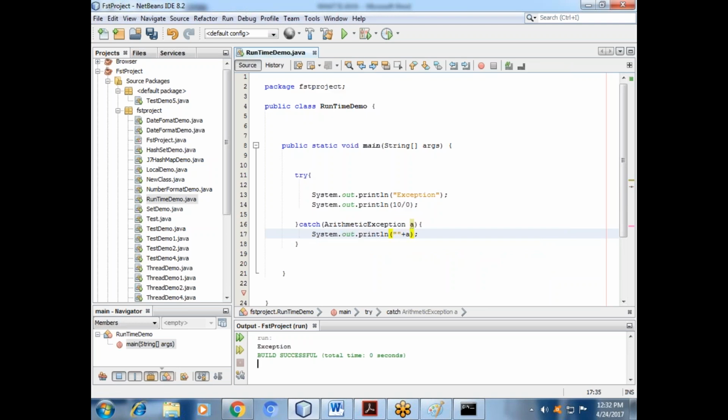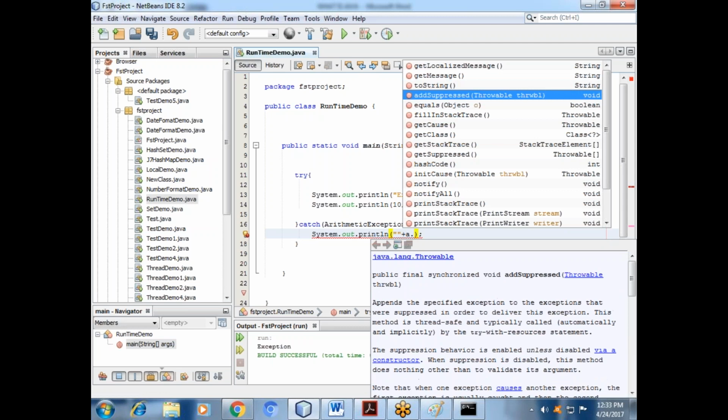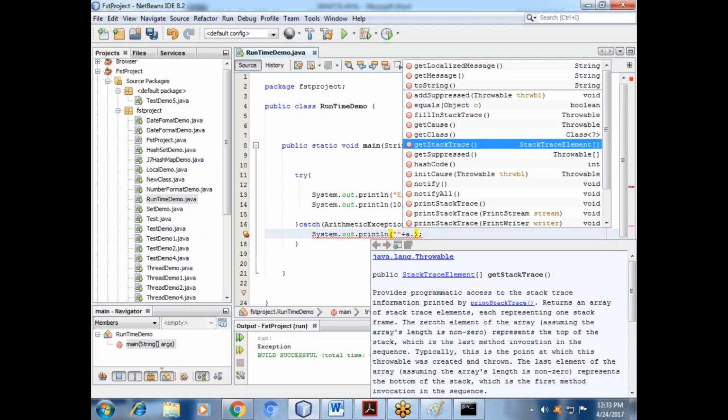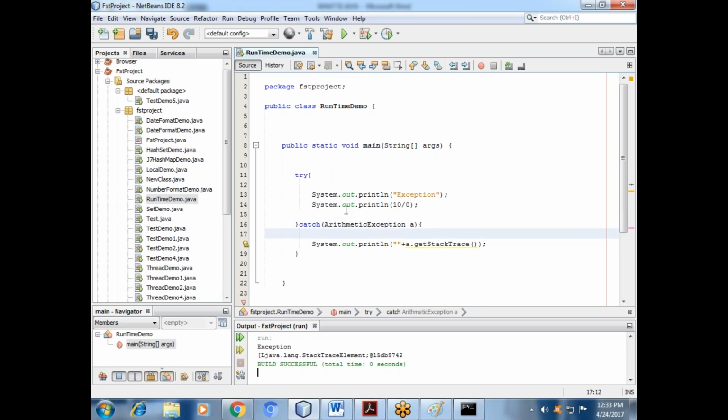Catch means it will not give the runtime error. Instead of a runtime error, it will pass. You can also get the stack trace, already we have discussed getStackTrace. See, you will get it. This part is the risky code, and this is the handling code. Whatever problem you faced here, you can handle. In the last program, whenever I declared ArithmeticException here, we got the exception.